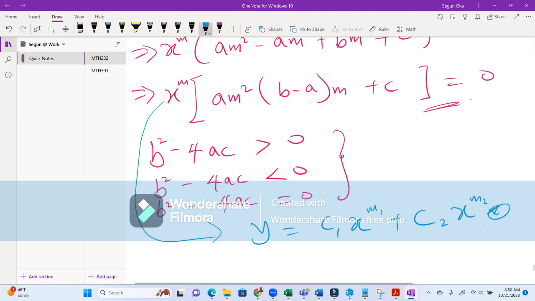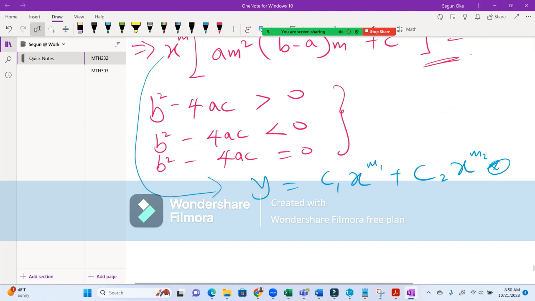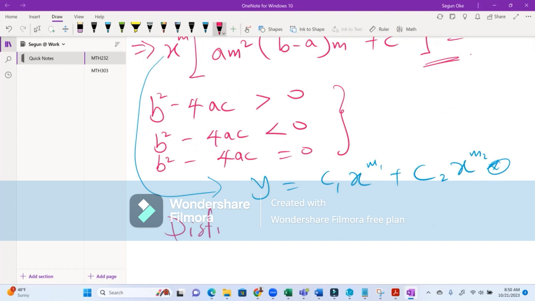Now, let's look at it. In your book, they divided it into different phases. They divided it into repeated real roots, and they also divided with distinct real roots. Let's look at the distinct real roots. When you have real roots, distinct real roots,